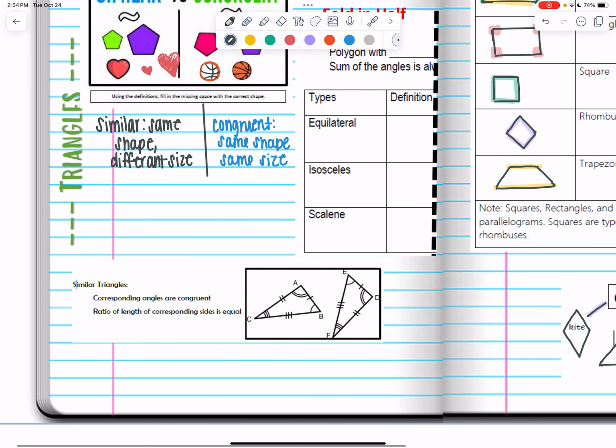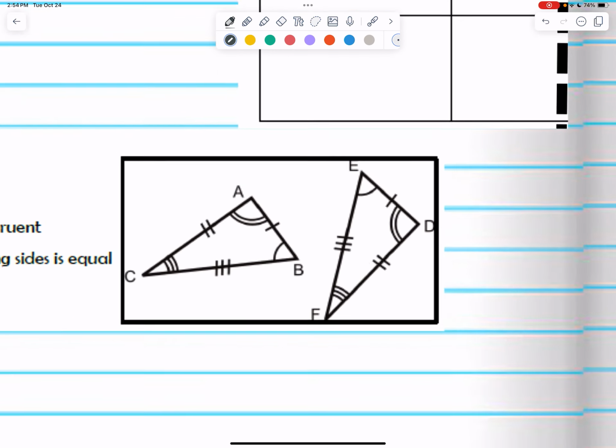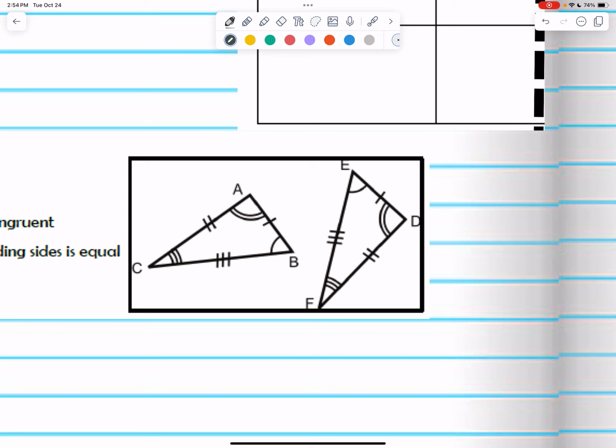And then we've got, specifically with triangles, this idea of similar triangles. So corresponding angles are congruent and the ratio of the lengths of the corresponding sides are equal. So if 2 triangles are similar, it means that their sides and their angles will match up. So for instance,